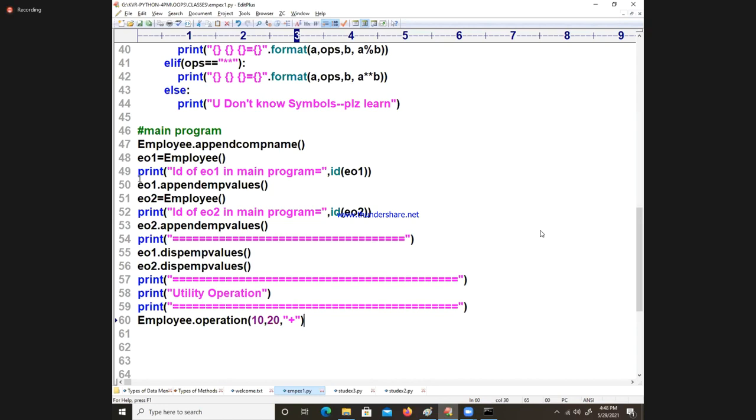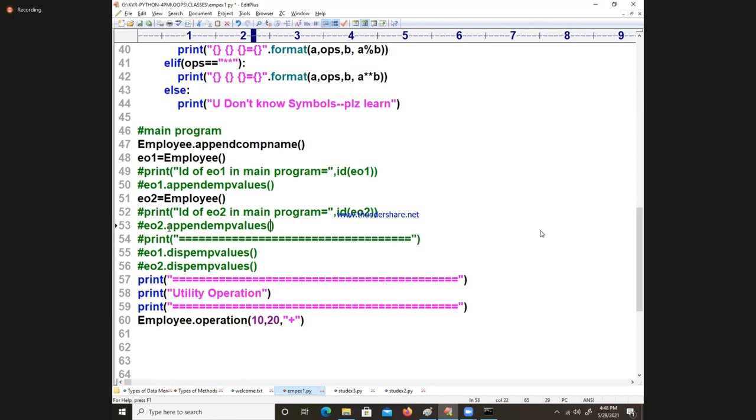I will keep some comment, for some time only, because entering the data itself will take some time. Only objects I will create. For 1 minute I will keep it. Only utility operations I want to show you.